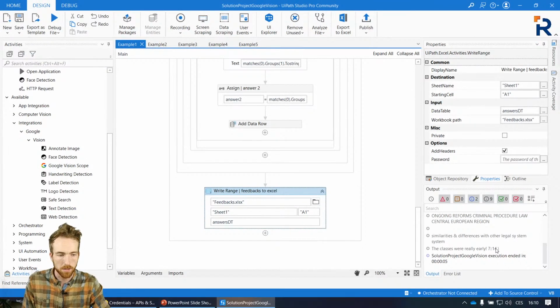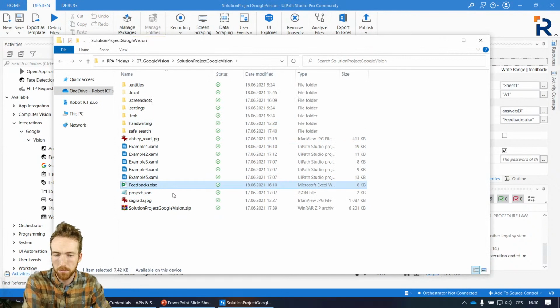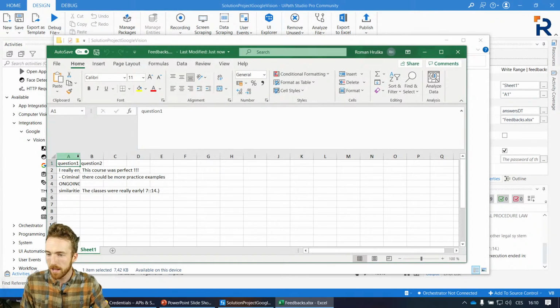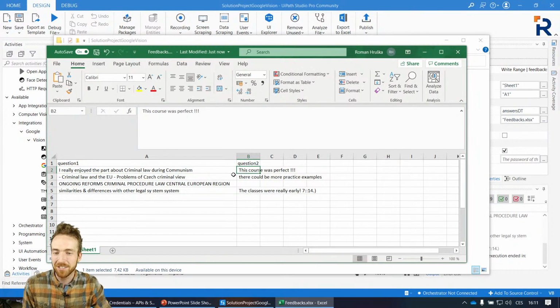And okay, you can see that I have some results here that I put into right lines, but let's take a look in the feedbacks. Okay, this is just a fresh file. You see it has now this date, and you can see that I extracted the question and the answers for the questions, or the robot extracted, not me, or the engine,